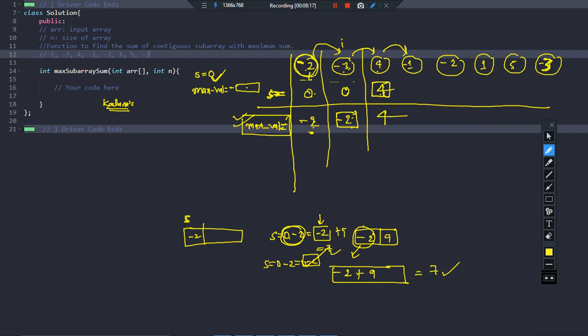Come here, 4 minus 1, you are basically going to 3. Do you think it is a bad deal? Definitely not a bad deal. Right now we can compromise because the sum is at least not going negative. So comparing 3 with 4, the maximum value so far is still 4 only, right? The pointer goes ahead. If I take -2 with sum, 3 minus 2 will become 1.